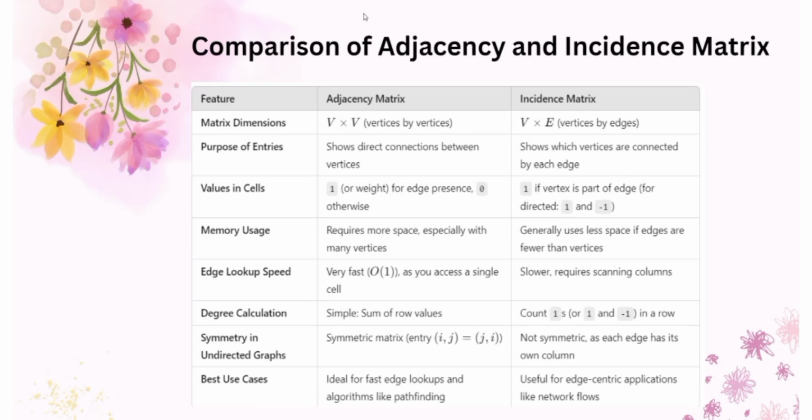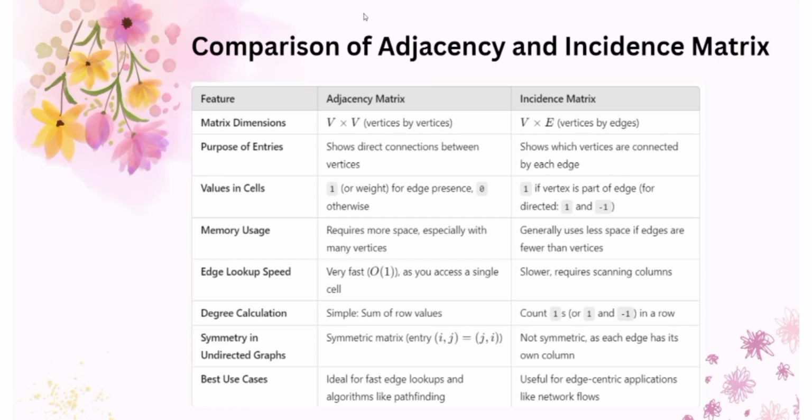In adjacency matrix, its size is based on the number of vertices. So it's a square matrix with rows and columns equal to the number of vertices. In incidence matrix, its size depends on both the number of vertices and edges. It's a rectangular matrix with rows for vertices and columns for edges. The purpose of entries. Each cell shows if there is a direct connection between two vertices. For example, if there is an edge between vertex A and vertex B, the cell for A and B will